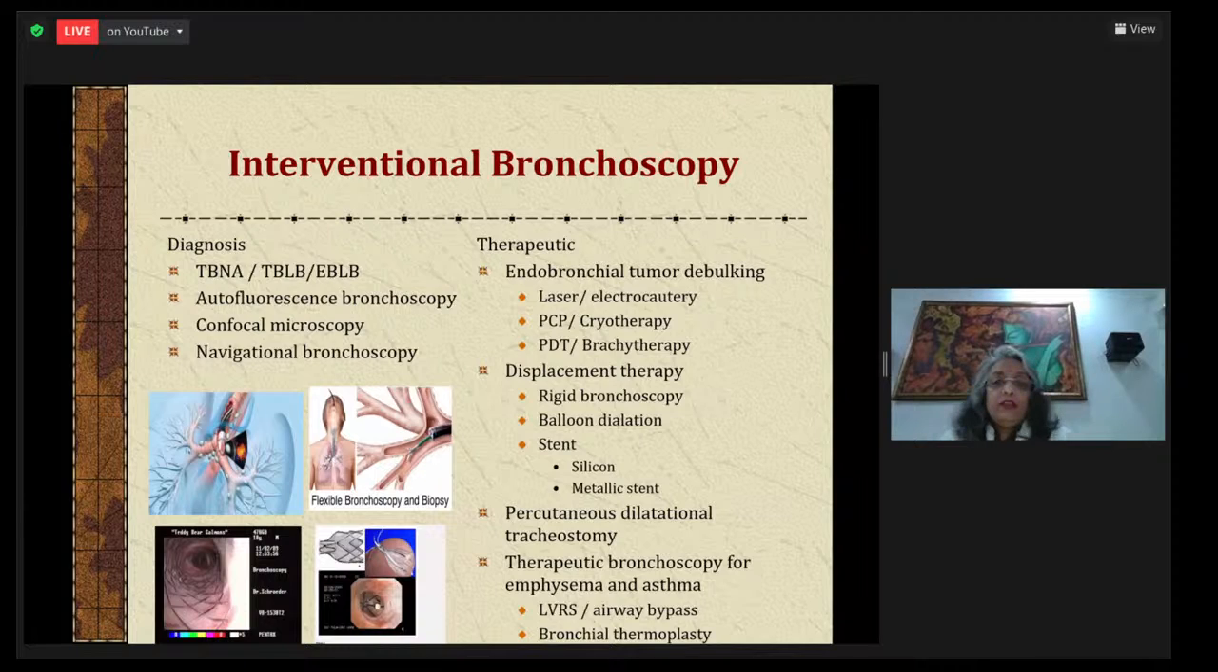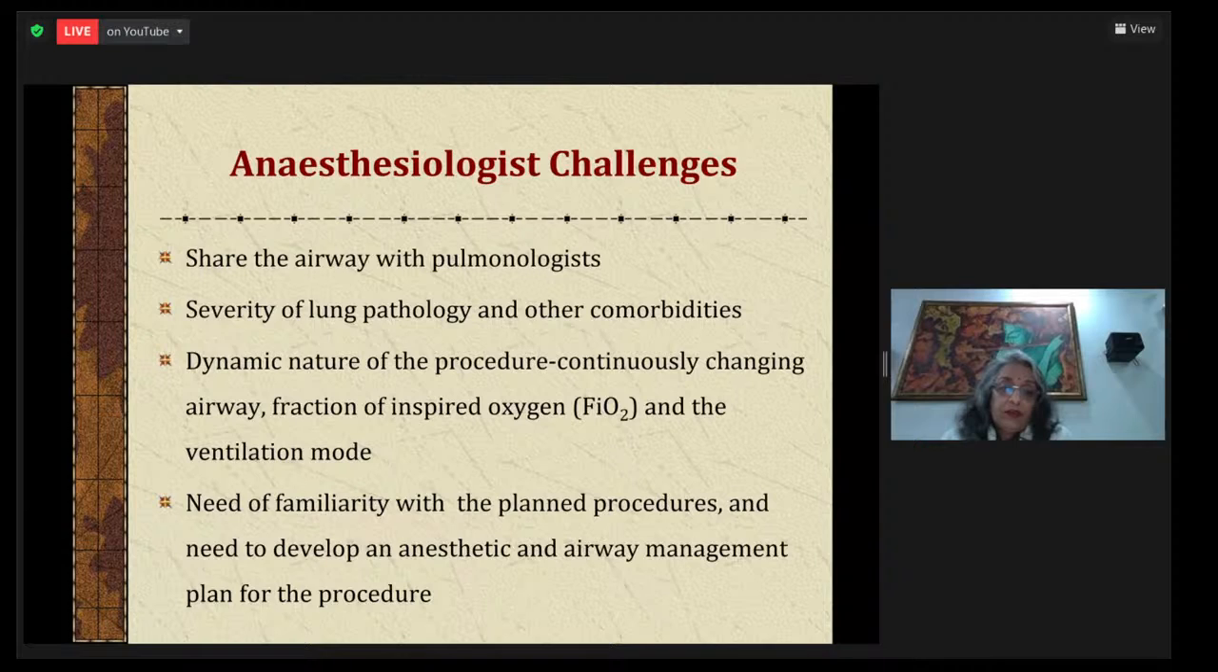The challenge we face in the bronchoscopy suite is that we share the airway with the pulmonologist, and this is compounded by the severity of the lung pathology and other comorbidities which the patient may be presenting with. So we need to be familiar with the planned procedure and need to develop an anesthetic and airway management plan for the procedure. But having said this, the procedure itself is dynamic in nature, in the sense that sometimes the